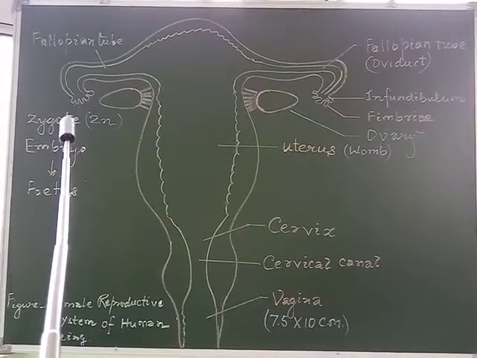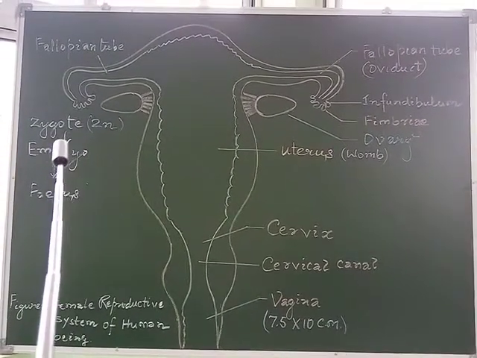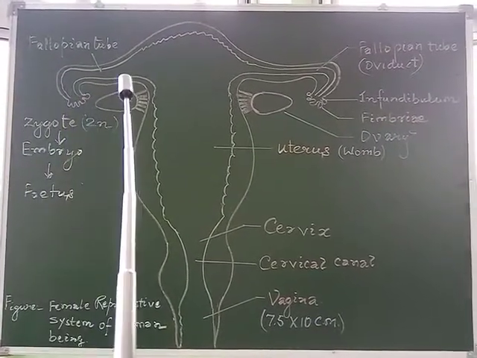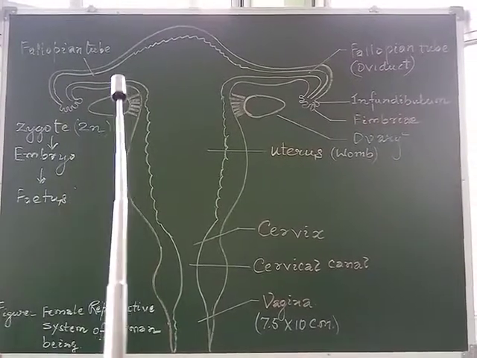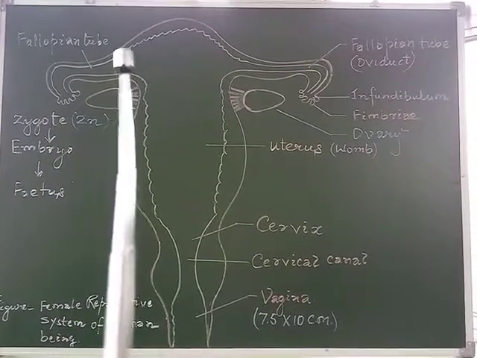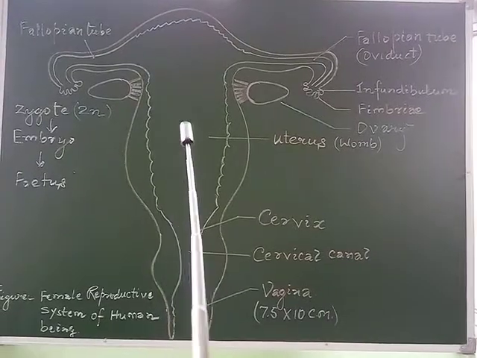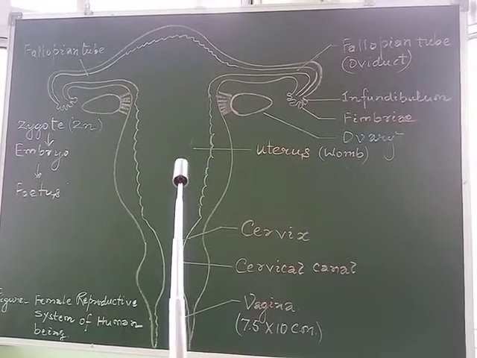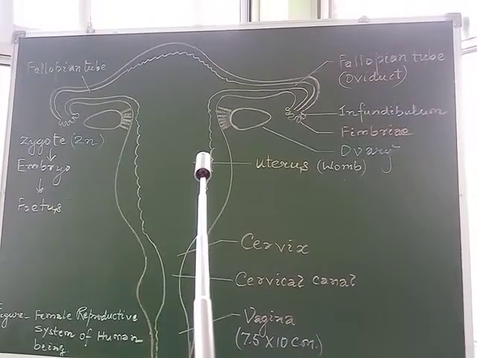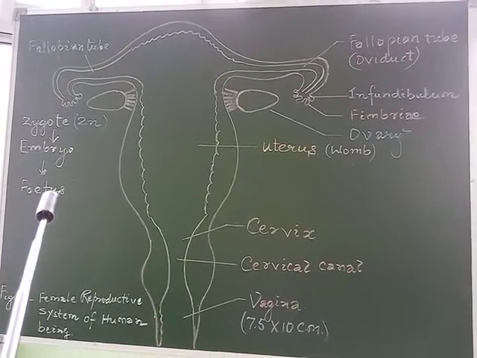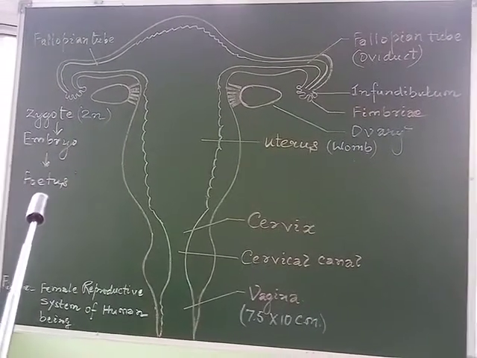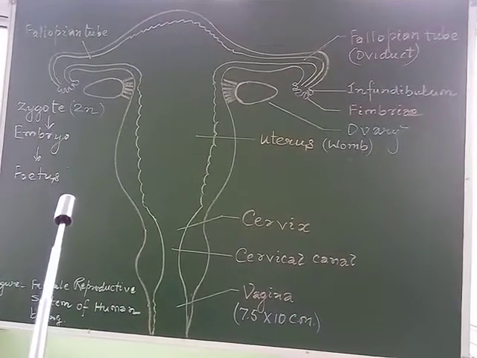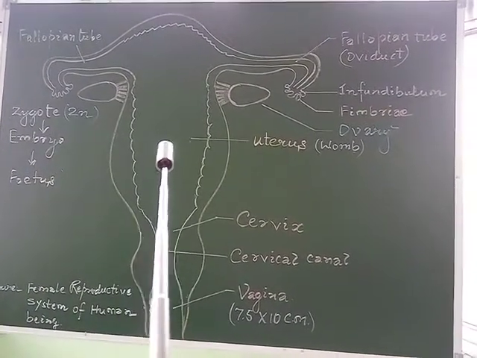As the zygote has been formed, it starts dividing mitotically to form the embryo within the fallopian tube, and as the development proceeds, the embryo gets implanted within the uterus, where it continues to grow further and develop organs to become a fetus. So we know the fetus is that stage where we can easily identify the body organs within the developing structure.